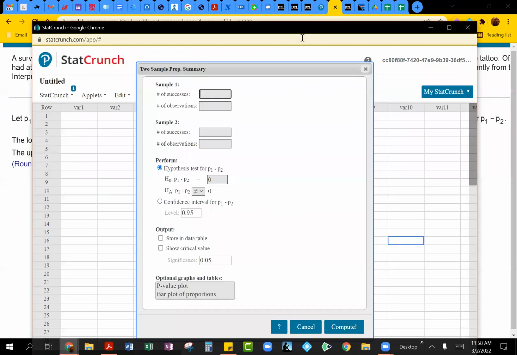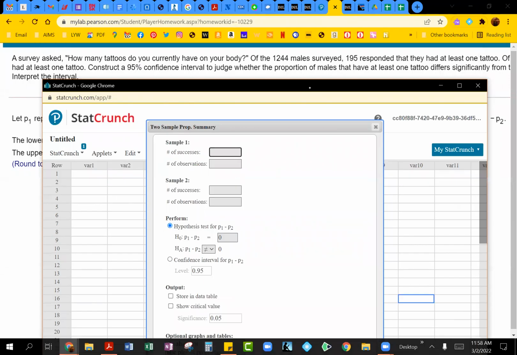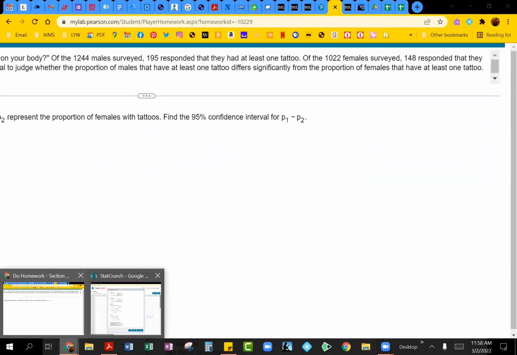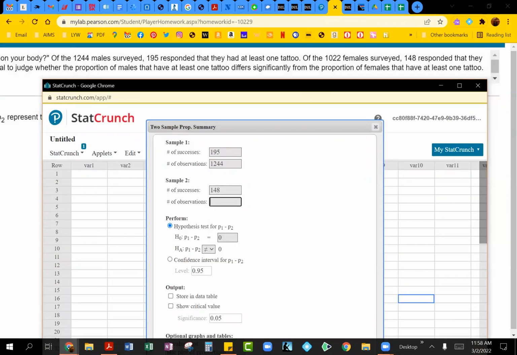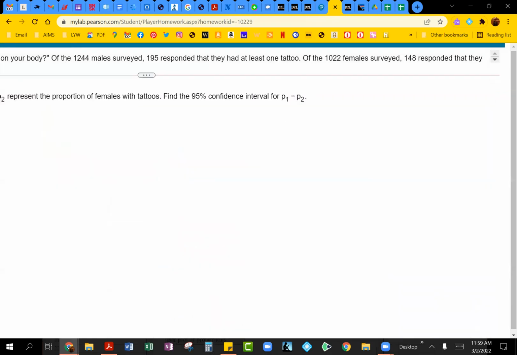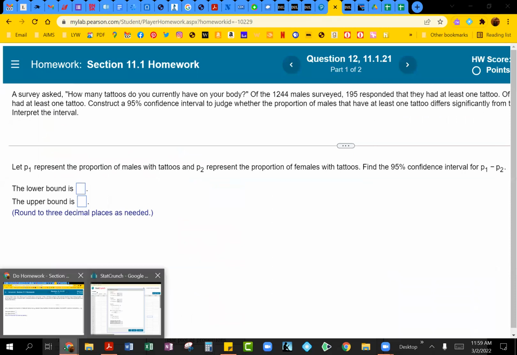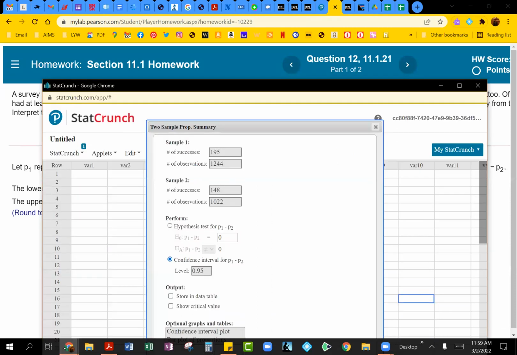So number of successes. For the males, we'll call that our sample one. We had 195 out of the 1244 males. And then for females, we had 148 out of our sample of 1022. This one, however, is a confidence interval. So go from the hypothesis test to confidence interval. They, of course, told us to do this as a 95%, which you will see is the default